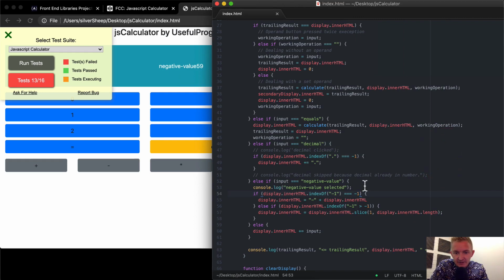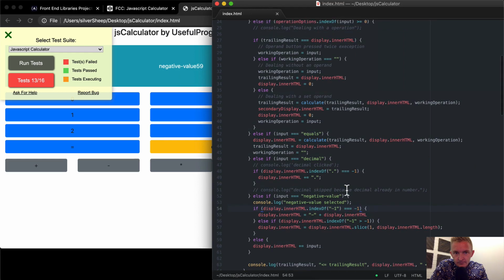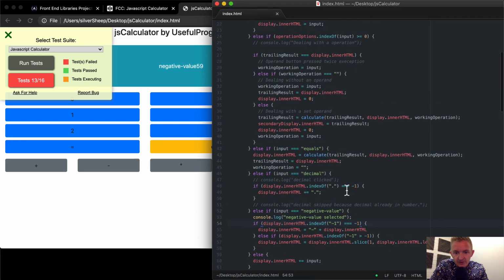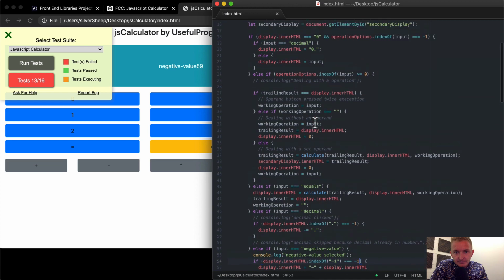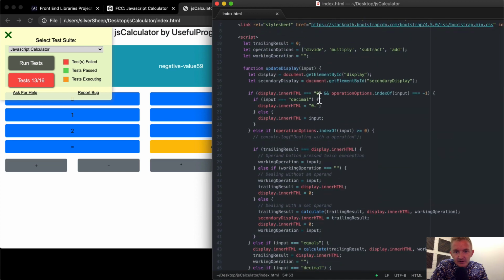So if it's a negative value, okay, so this is actually affecting us up here because it's not an operand and it's not 0. So we're setting it here. And then because the input's not equal to decimal, what we could do is we could say else if,